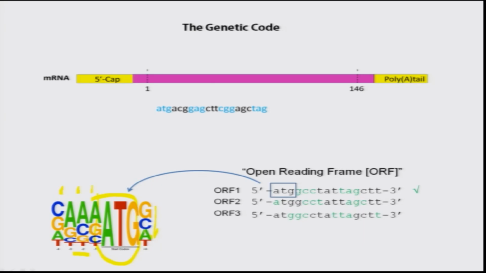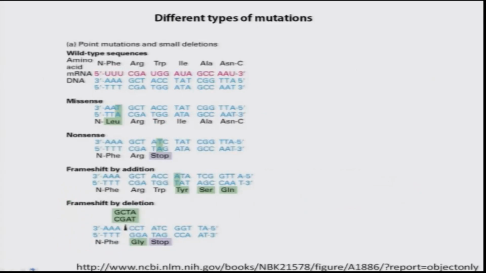Normally you have such kind of sequences, which are called Kozak translational initiation sequences, that is considered as the first word for decoding the message that is there in the RNA. So if that is fixed, for example, like what you see here, then the rest can easily be decoded and they give the meaning for different amino acids. So this is how the cell is able to identify the sequences that are present in the RNA and translate them